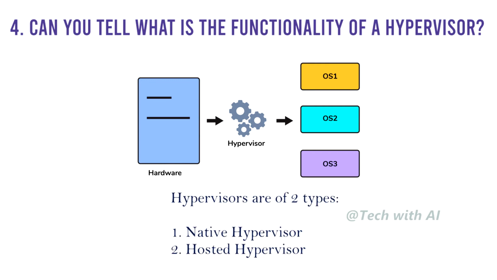Hypervisors are of two types. Native hypervisor. This type is also called a bare metal hypervisor and runs directly on the underlying host system, which also ensures direct access to the host hardware, which is why it does not require a base OS. Hosted hypervisor. This type makes use of the underlying host operating system, which has the existing OS installed.